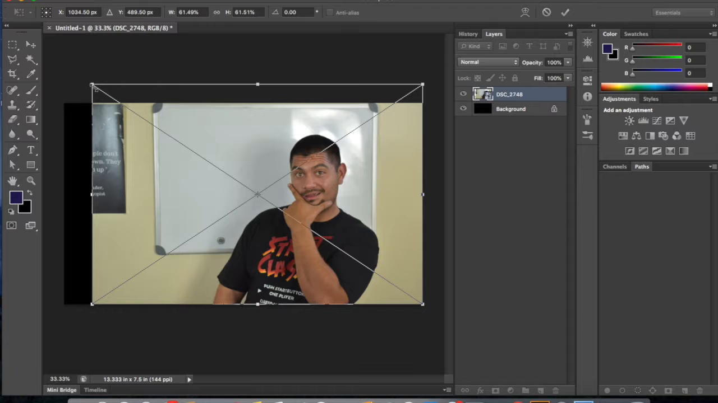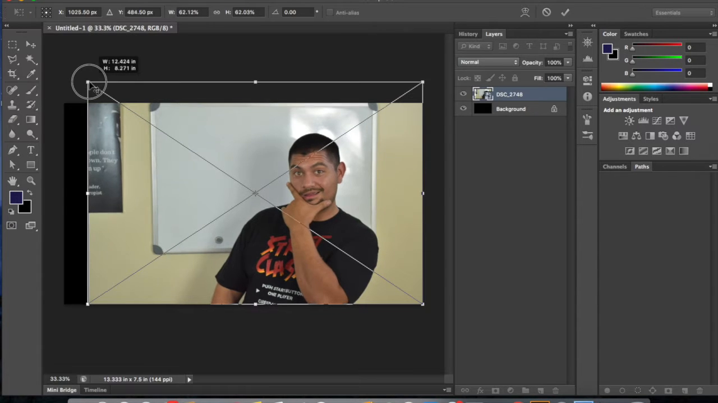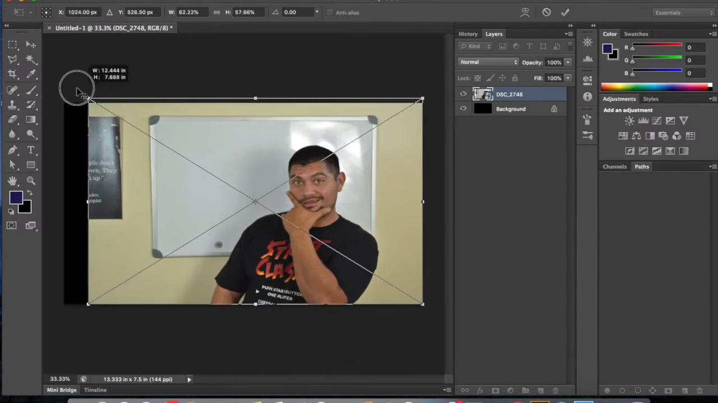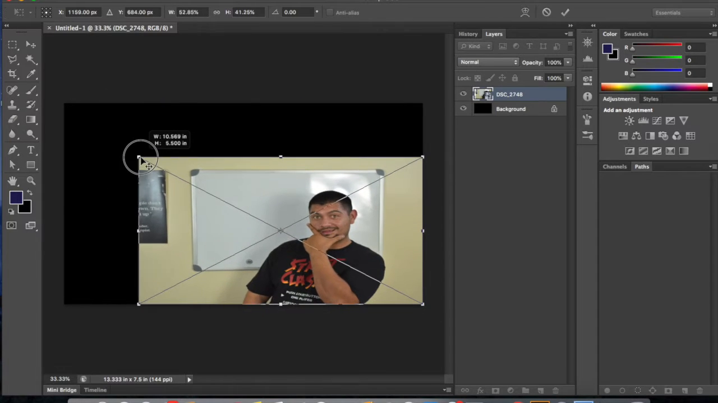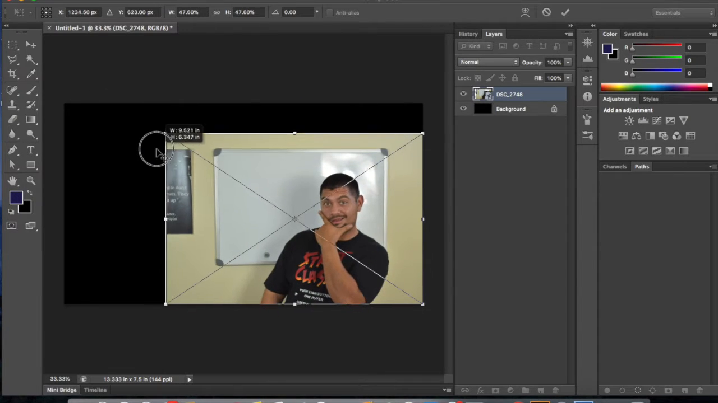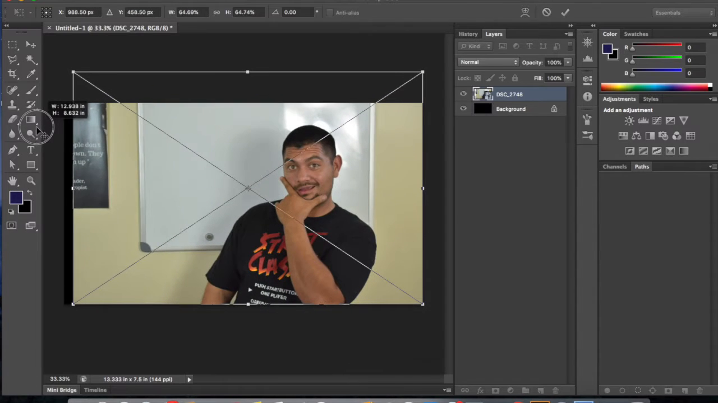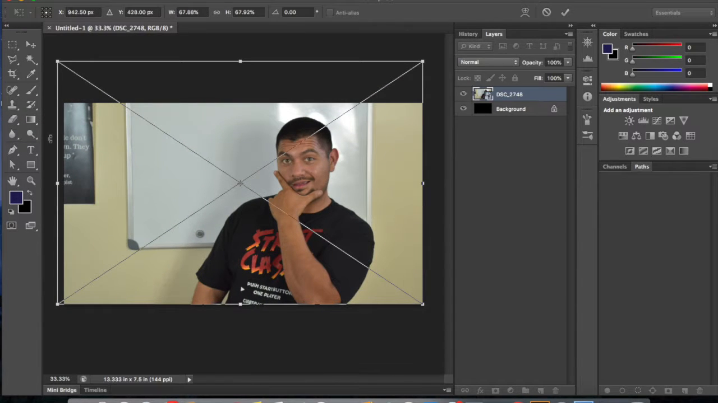If you don't hold down the shift key, if you just click and hold the corner, it's not going to be proportionate, as you can see right there. Holding down the shift key makes the picture in proportion when you enlarge it or decrease the size. So right there is good. It's taking up the whole canvas. So we're going to just click enter,